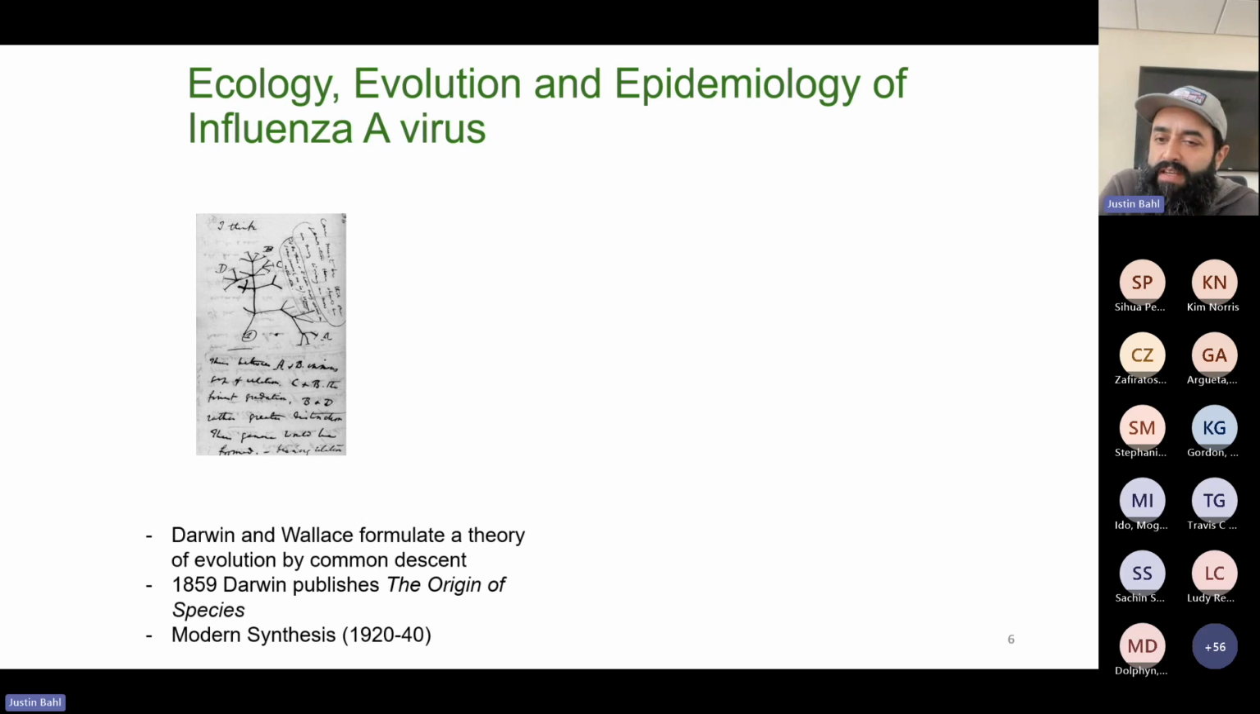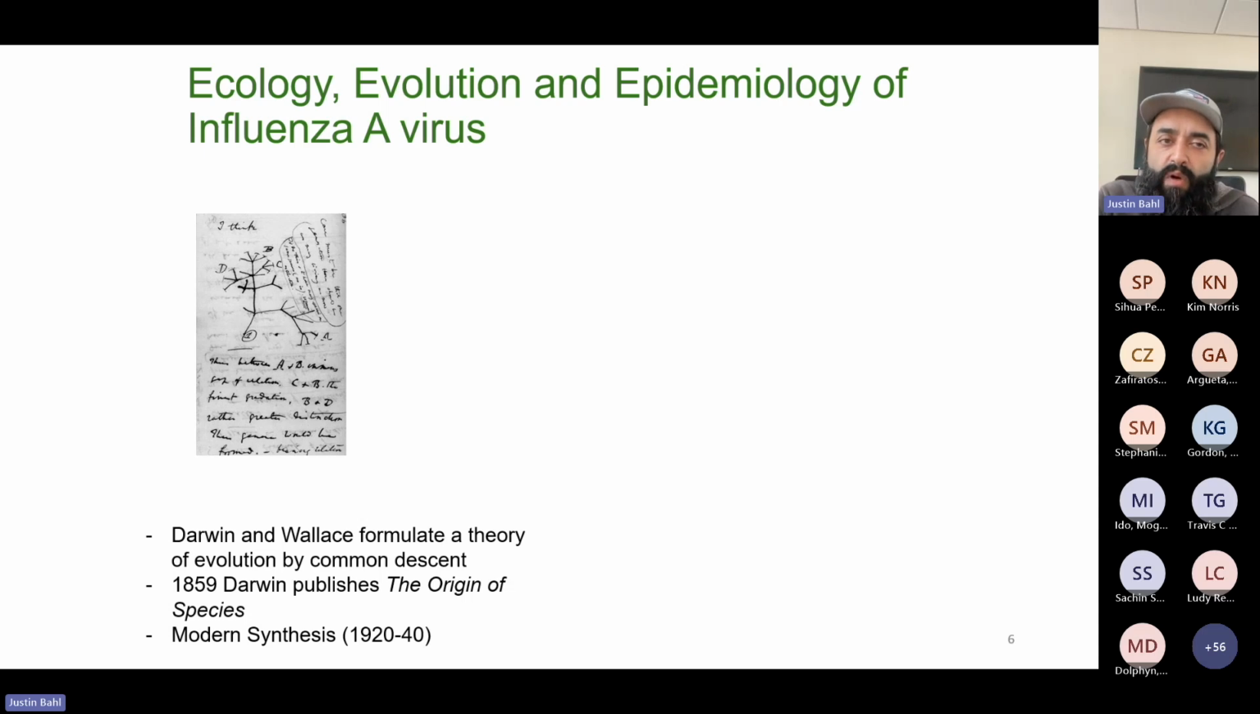So this drawing is one of the first drawings of an evolutionary tree, and one that describes the relationships. And it was a hand-drawn note in one of Darwin's notebooks. So the theory of evolution is often given credit to Charles Darwin and Alfred Russel Wallace. They formulated the theory of evolution by common descent, and Charles Darwin gains a lot more credit for it from his publication of The Origin of Species in